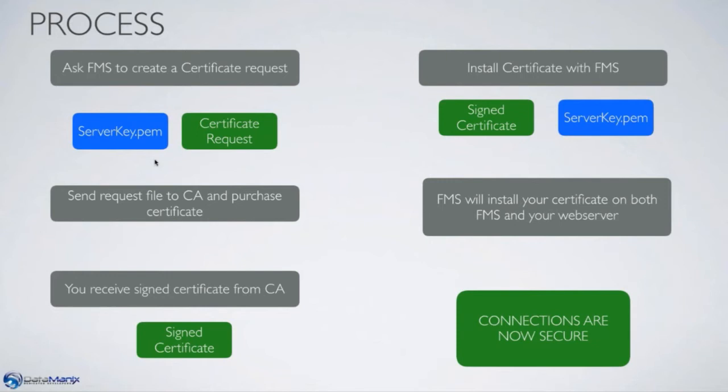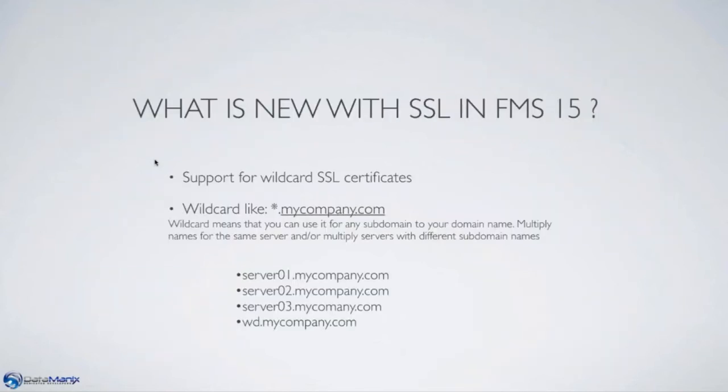Some of the new things in FileMaker Server 15 in regards to SSL certificates are right awesome, to say the least. And one of the really great additions is that we now have support for wildcard SSL certificates. So wildcards is actually where you put in *.mycompany.com. So that means that you can have multiple servers, or you can have multiple addresses that resolve to the same server using subdomains. And a subdomain is the part you can put in front of your domain and then separate with a dot. So like the examples here,